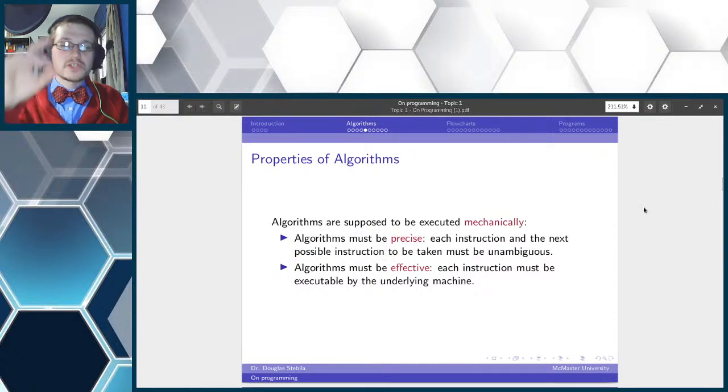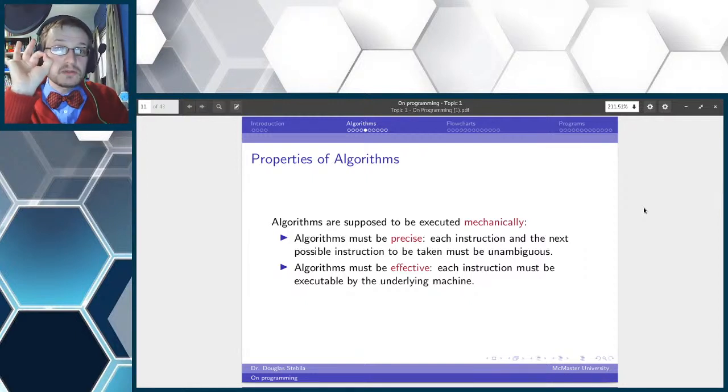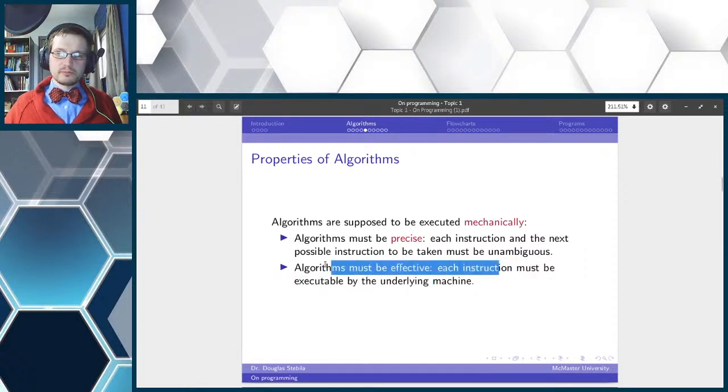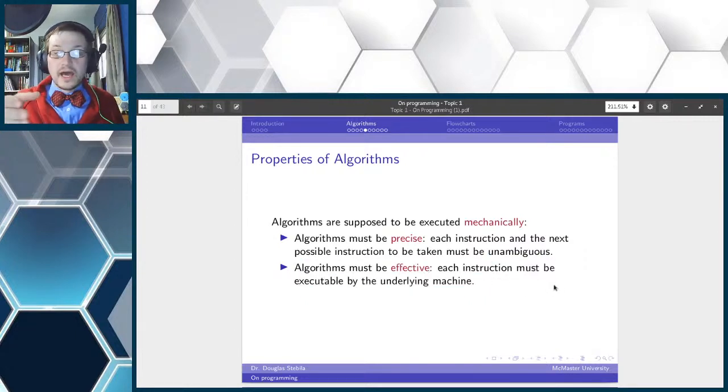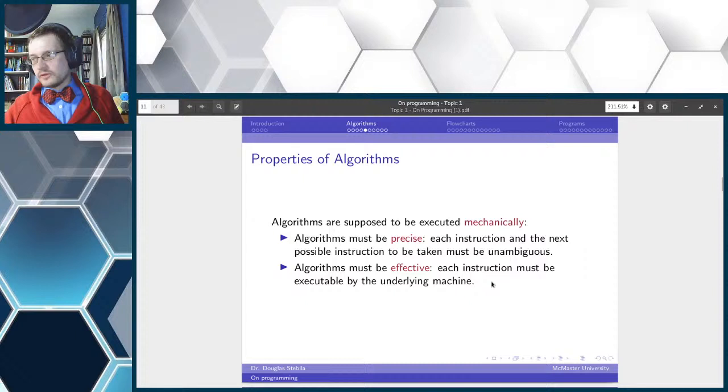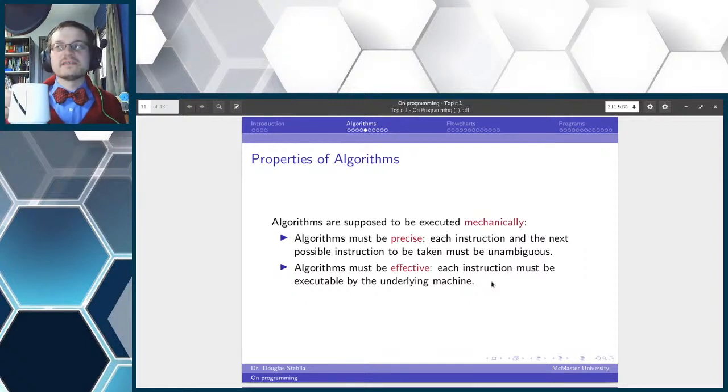The other thing about algorithms is that they need to be effective. So each instruction must be executable by the underlying machine. This is not really going to be much of a problem for the types of problems that we're going to be presenting you guys. However, historically speaking, within the context of computer science, and particularly artificial intelligence, this has been a bit of a sticking point. If you go back into science fiction that was written in the 40s and the 50s and the 60s, you'll notice that one of the interesting little hiccups that prevented the science fiction of the golden age from being faithfully implemented by the scientists who were trying to do so